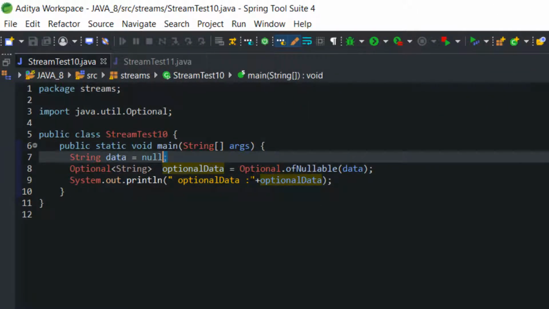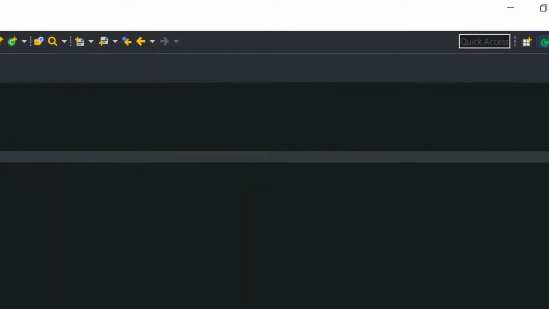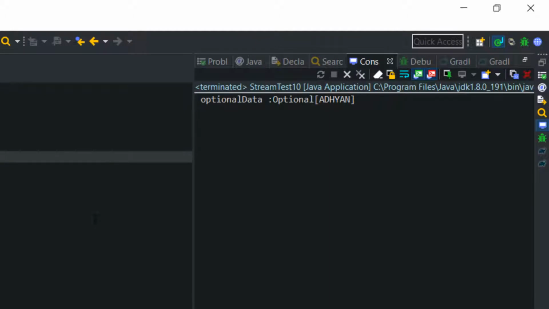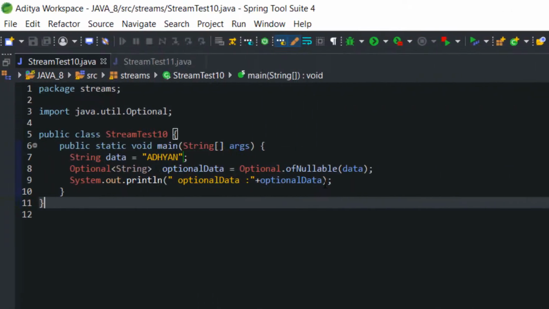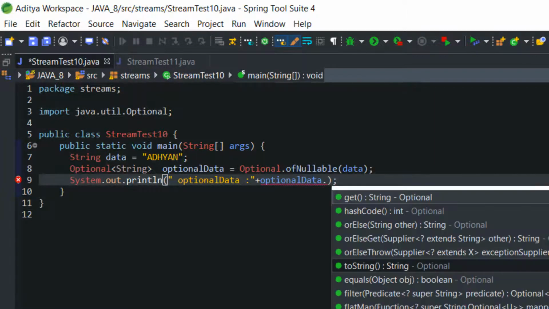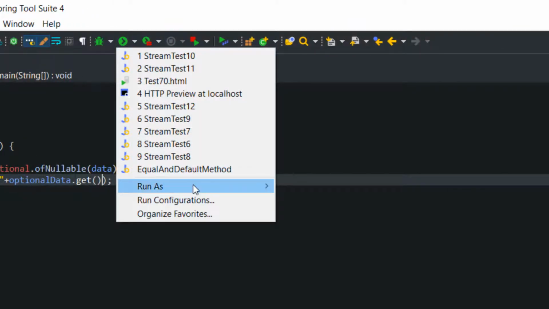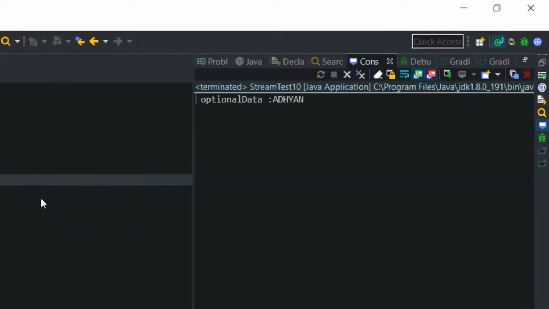Now what if instead of null I pass one string? Let's say I will pass my channel name Adhyan. Let's execute the code again. Now the Optional is carrying Adhyan. If I want to access this data, we can use the get method. I will write optionalData.get. The get method will extract whatever data is carried inside that Optional reference. Let's execute the code again. See, that's it. That's how we can manage